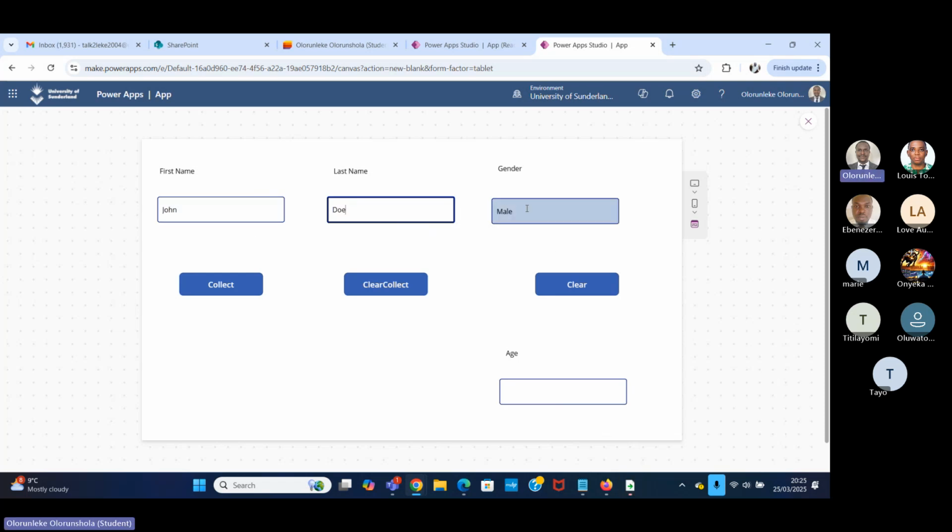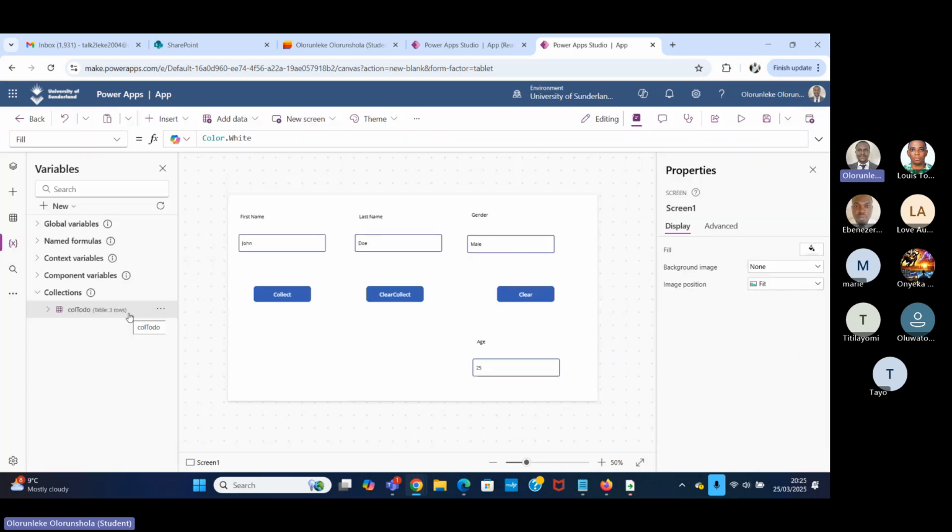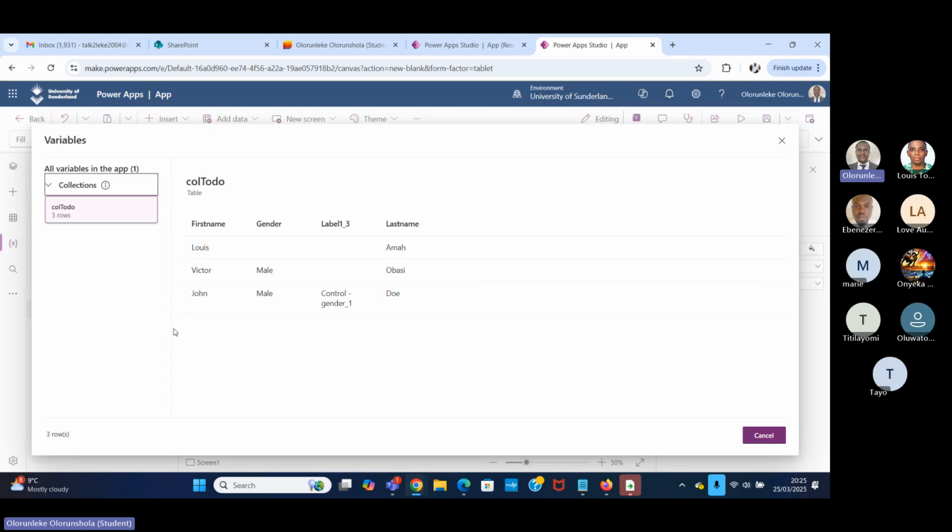Let's say it's male. Okay. But let's call the age 25. Now watch what is going to happen. When I click on collect, you only click on it once, and then you go back. You can't view it because you won't see it in the back end. You need to go back to your design mode. And this time around, you can see we have 3 items. If you view your table,